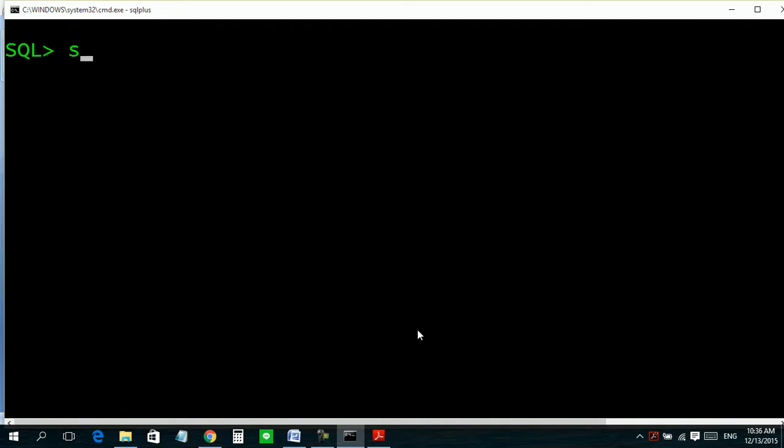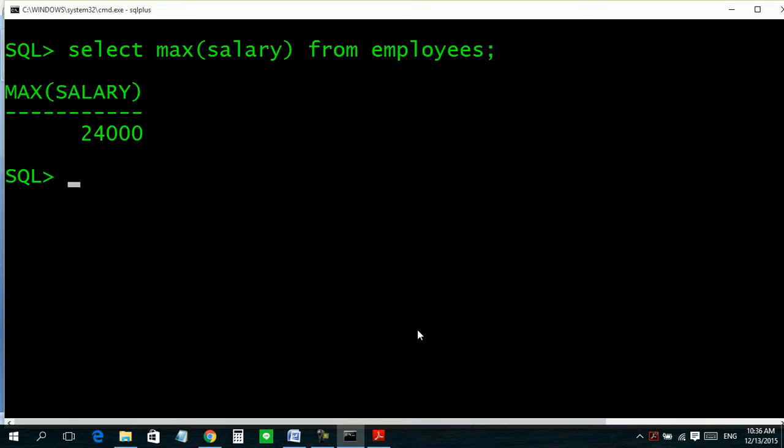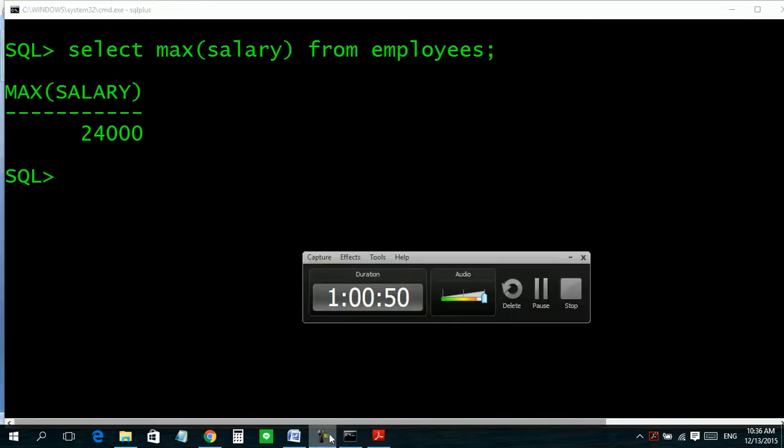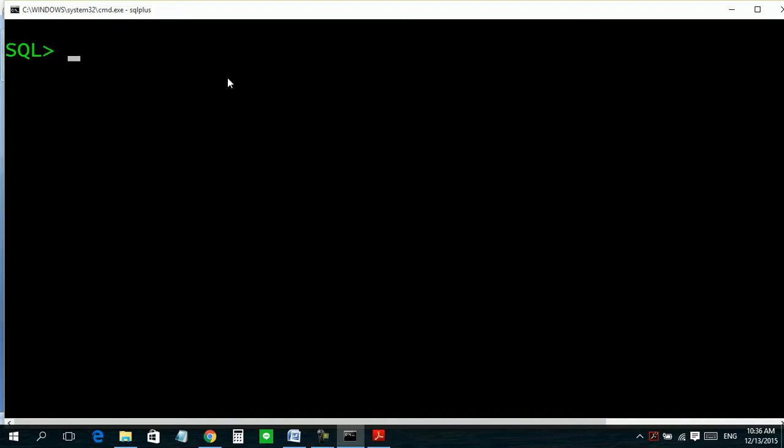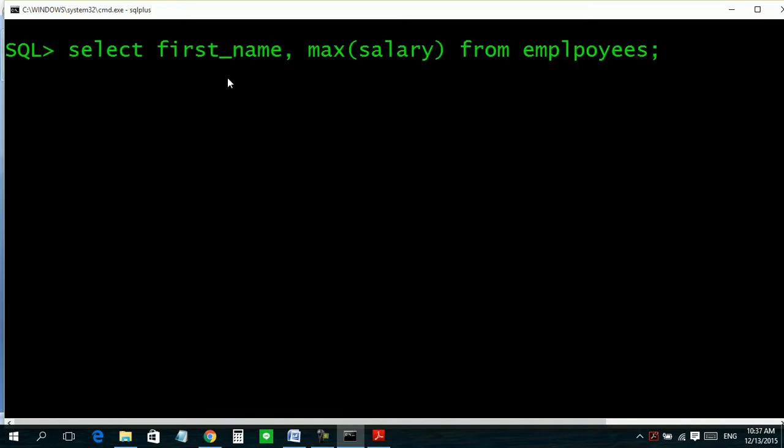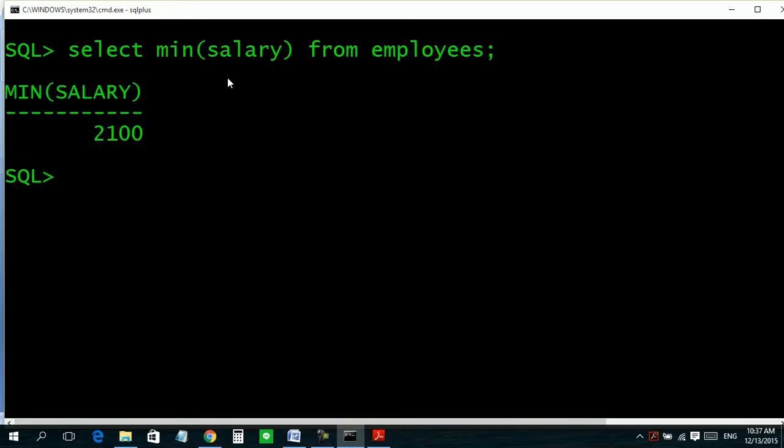So we can use it like this: select max salary from employees. Okay, we get the maximum salary. Similarly, if you want to see the minimum salary, in place of max we will write min, and you can see the minimum salary.